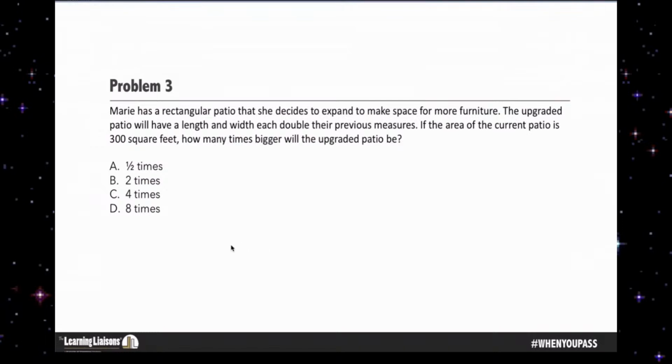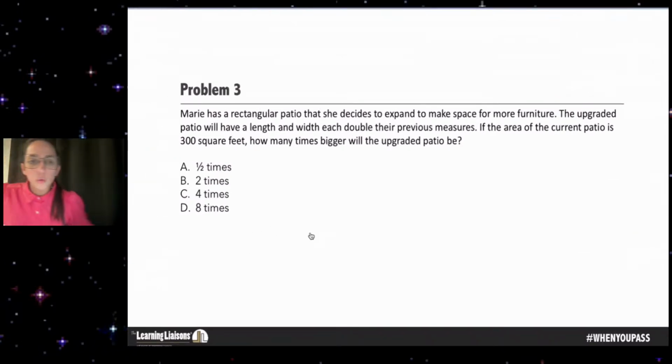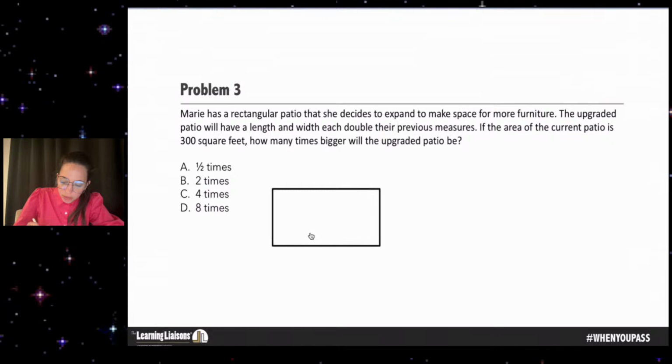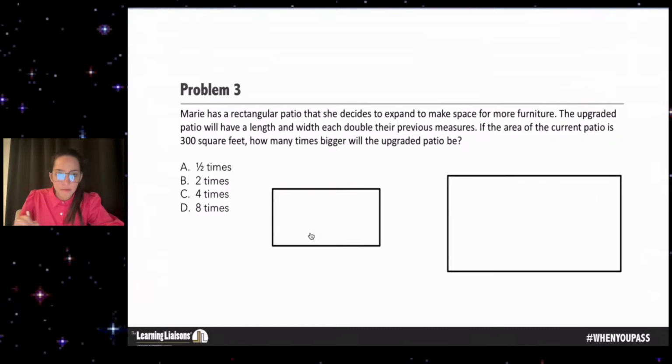So when we think about this problem, we want to look at the rectangular patio and what we're doing to it. And if they don't give me dimensions, I will make dimensions up just so I can visually see this. So I'm going to create my rectangular patio. And she wants to expand it. So we're going to take this patio and expand it, right? And the upgraded patio will have a length and width that are each double